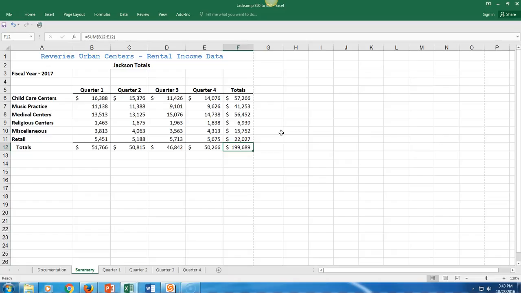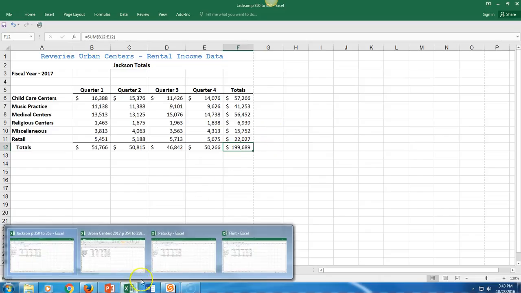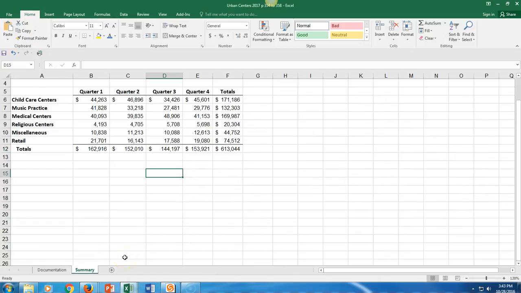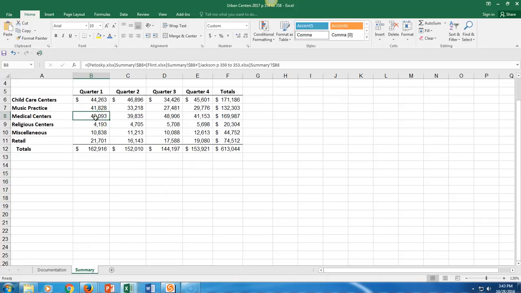All right, at the top of page 361, make the Urban Centers 2017 workbook active. Verify in the summary worksheet that the rental income for medical centers in Quarter 1, so we're on summary. Okay, here's Quarter 1, and we're dealing with medical centers. There we go, is 40,093. Okay, the total rental income for medical centers in 2017, which is cell F8, should read